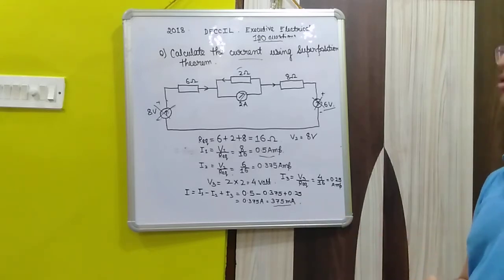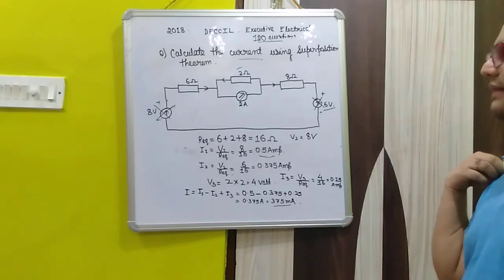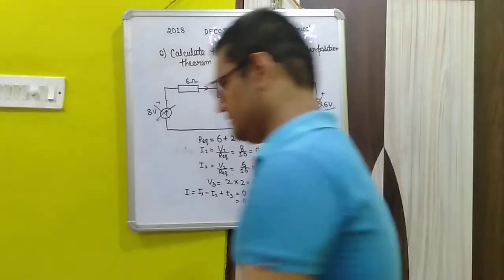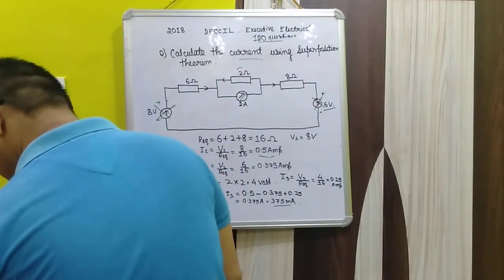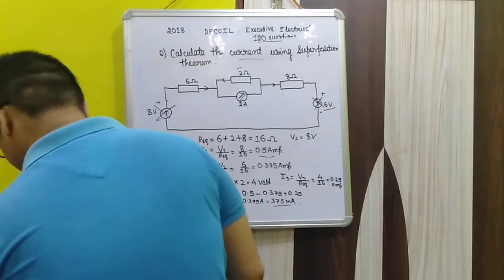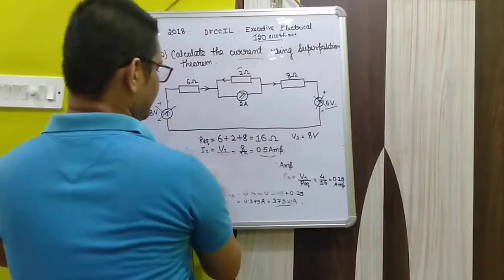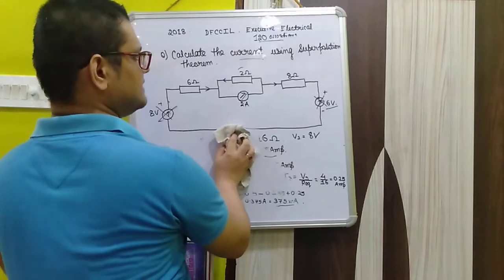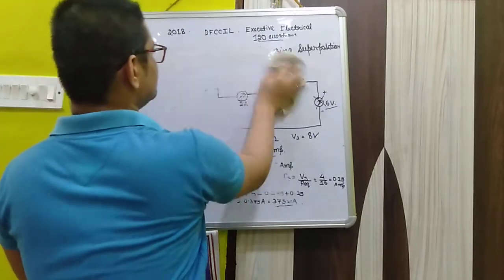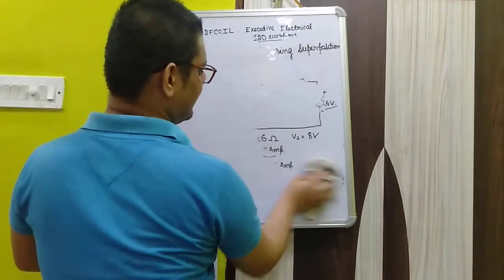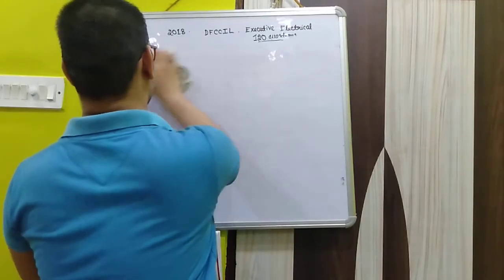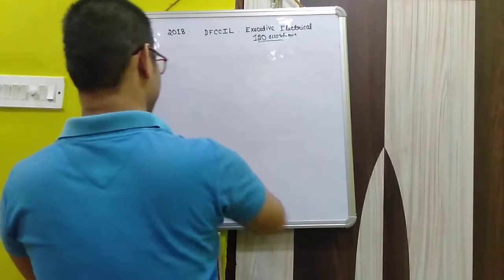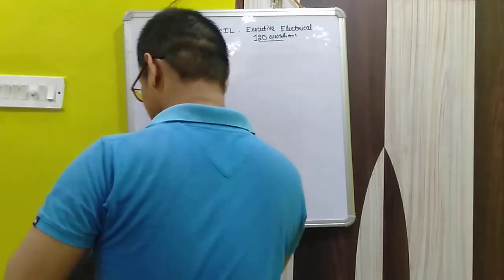So now we go to the next problem that came in circuit analysis. Let's take another example from here. I'm sorry, this board is moving over here. So we take another example that is also very easy. I will make you understand how the third numerical came in the circuit analysis question.